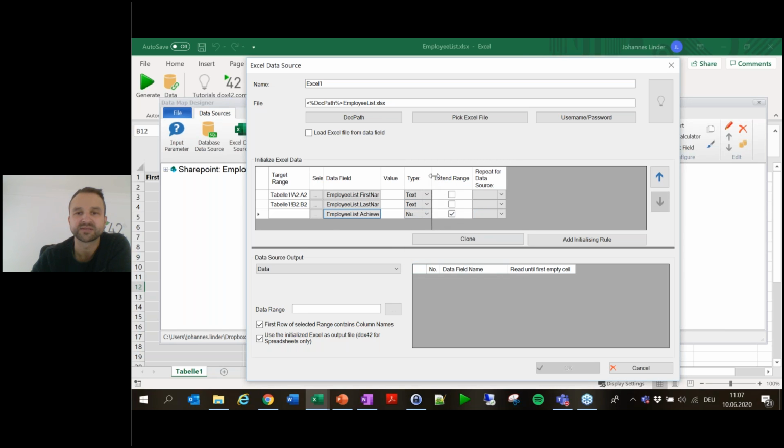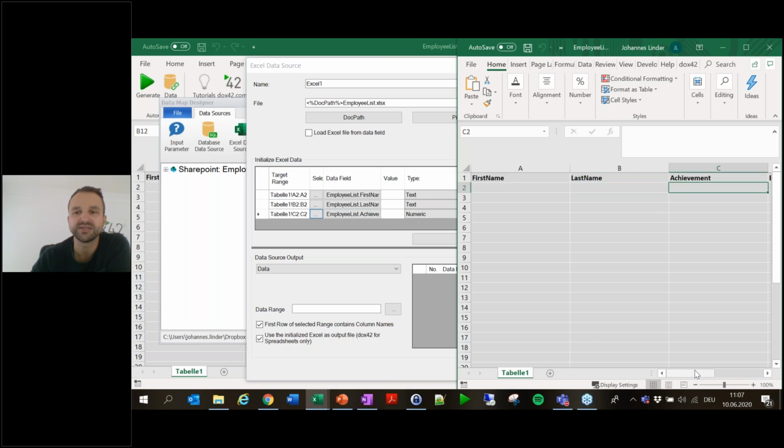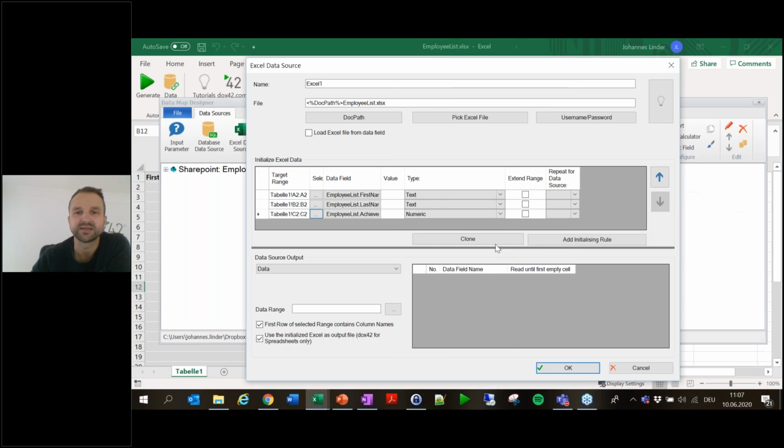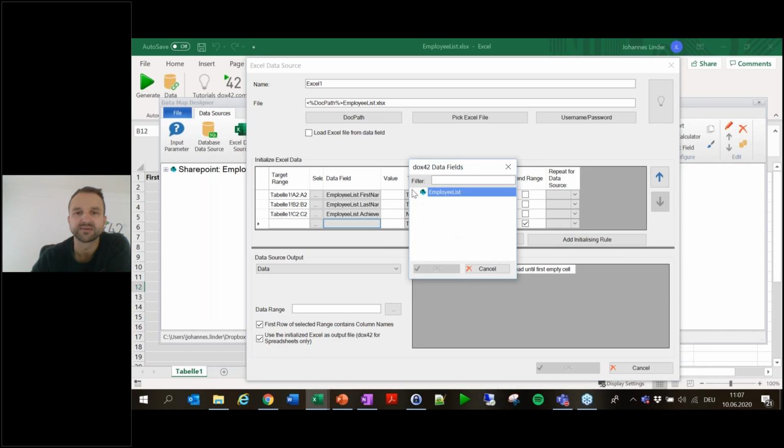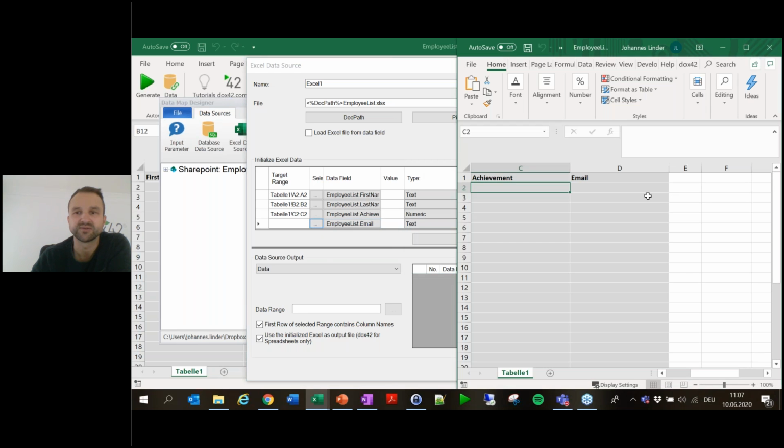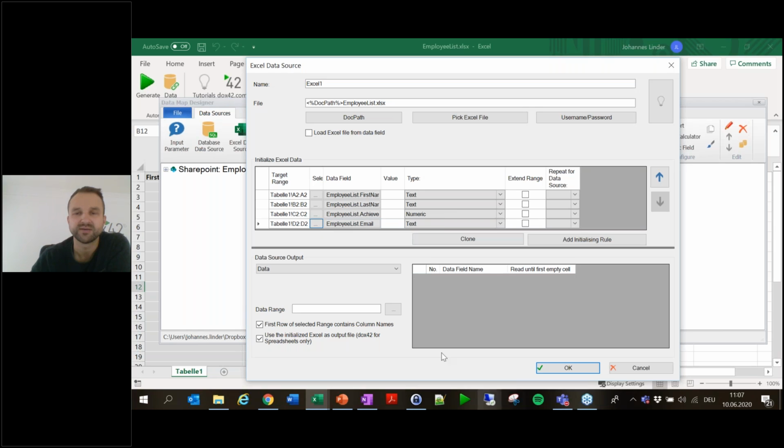That can be numeric, stays numeric here, and we will integrate this in A3. And then the last one is our email, which of course text will be also integrated into our list. Right, so that's that. That's the part where we integrate the data, where we define where it should be written